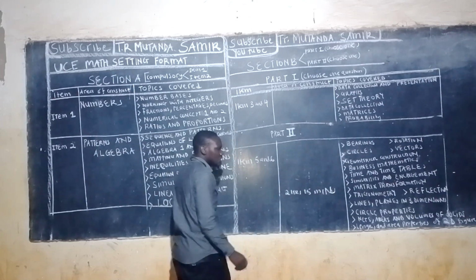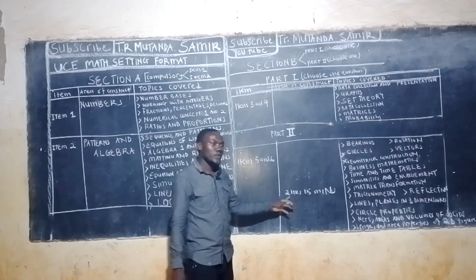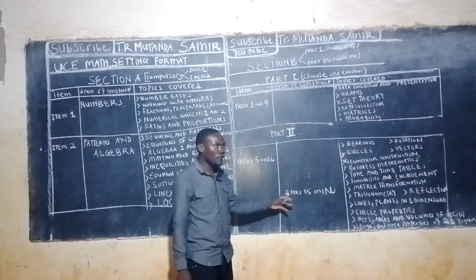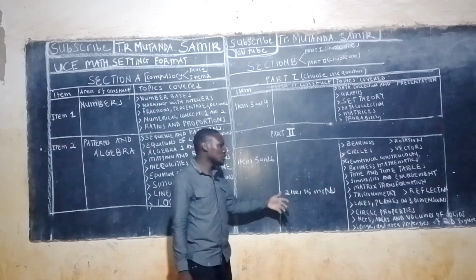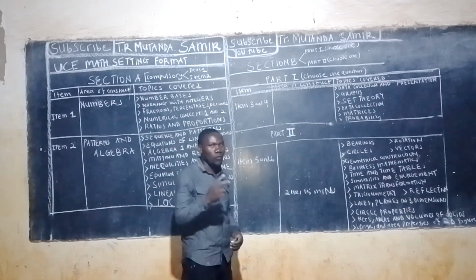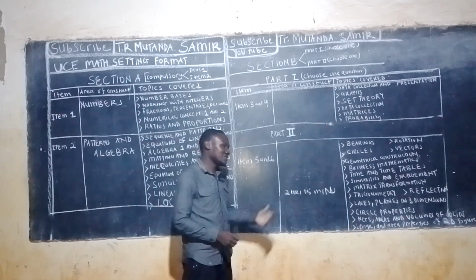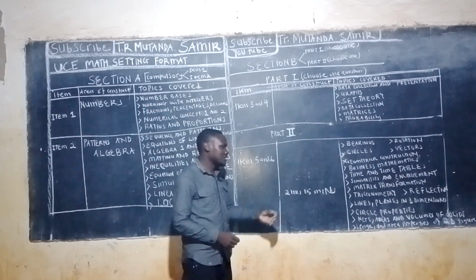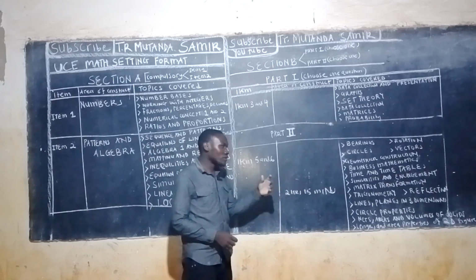So every item must take 20 minutes if you are to finish in time. From the observations we made from the first papers of this format, some students ended up doing only 2 questions in the paper, yet you're required to do 4, and that is really bad. So, in order to save time,